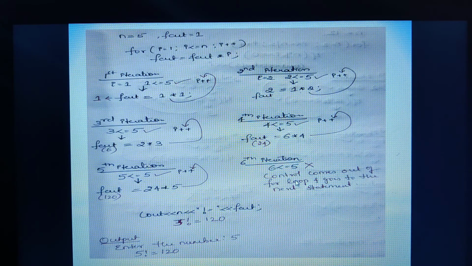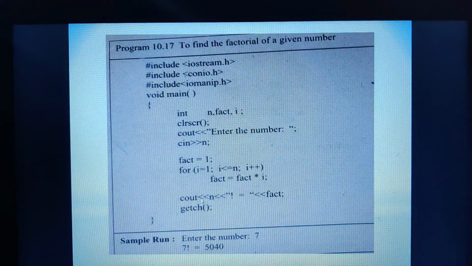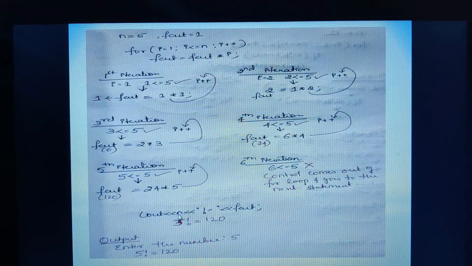What is there in the next statement as per our program? It is nothing but the printing statement, isn't it? That is n followed by the factorial symbol is equal to fact. So n is 5 here. The same thing: factorial is equal to 120. Therefore, when I enter the number as 5, I am getting the factorial value as 120.